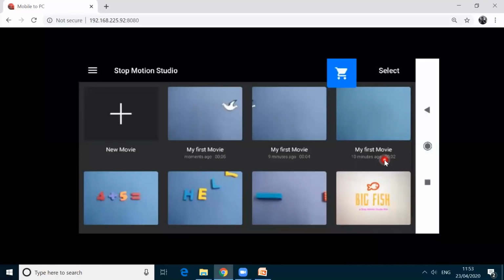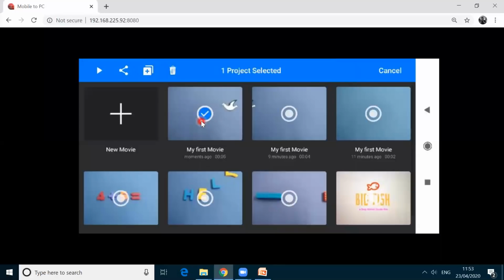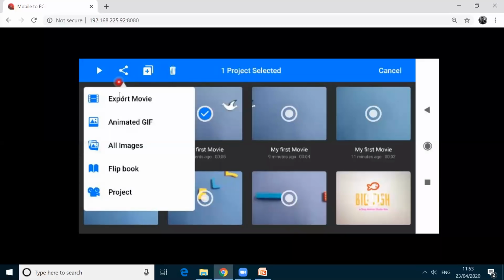I'm going back. If you want to save this file, long press this one, and here the option share is given. I'm pressing this share icon, and then I'm clicking this export movie.